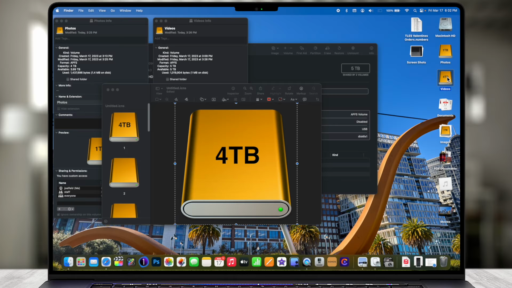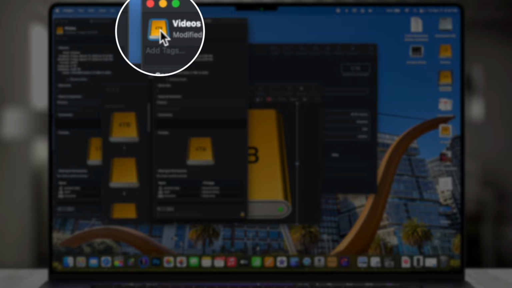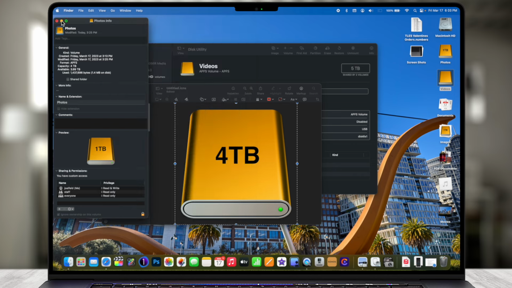You don't necessarily need to do this with the icons, but I think it's kind of fun to alter and customize it, and you can change that picture to anything, but again, check out that other video that I have, and that will give you more detailed information on that. Also, if you ever wanted to get rid of it and revert back to the original, you can select it up here, press delete on your keyboard, and it's going to put it back to the default icon or folder or whatever it was previously. So let's close all of these out.